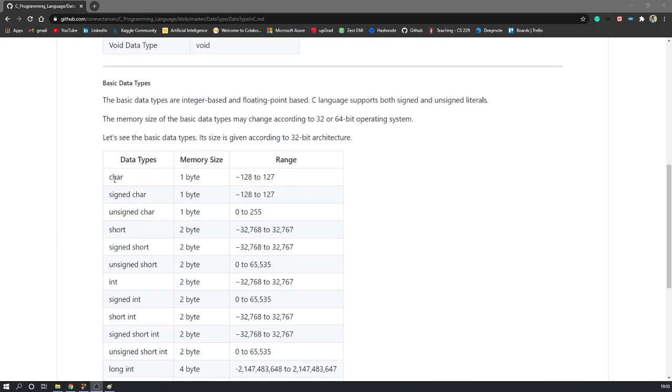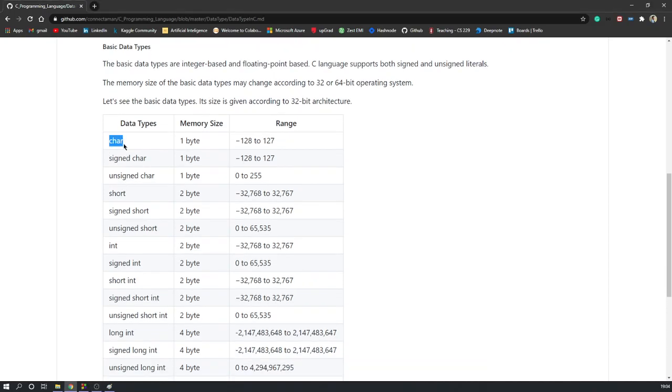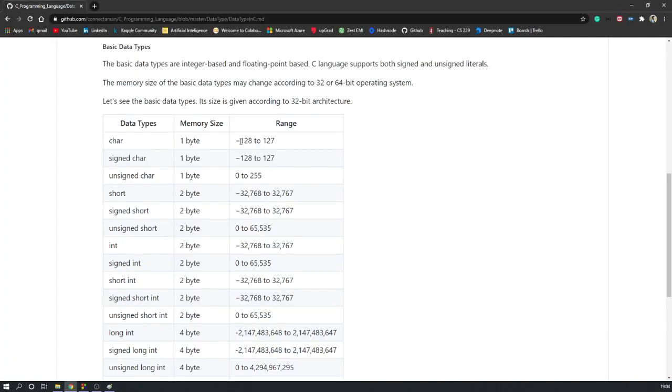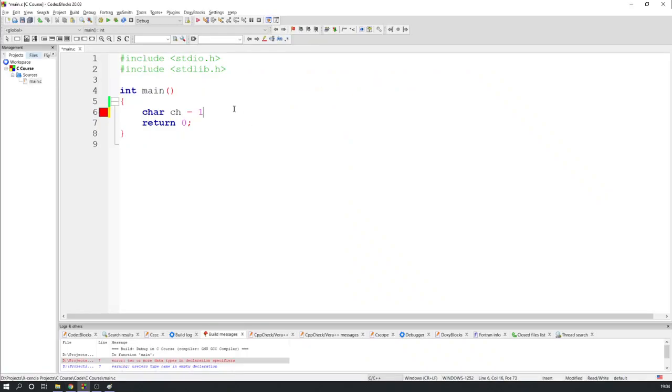Let us understand the memory size and range in the C programming language. If I create a character data type, I cannot store a value more than 1 byte, and the range is minus 128 to 127. If I create a character, say char ch, I cannot store a value beyond this range. Here you can see it is 127. I cannot write 129. If I write 129 and then use printf to print this integer, that is ch,